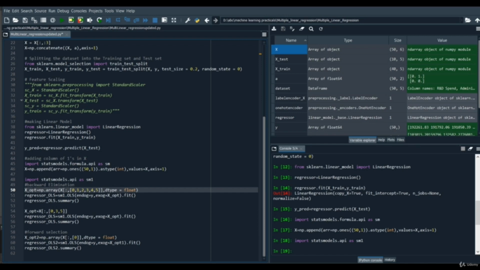Now in backward elimination we are going to create a collection of all the independent variables first. So we created a new variable x_opt, a collection of independent variables, and we are going to use np.array and pass first x with a colon, that means all the rows of independent variable x, and then after that we are going to pass a list of all the columns, or all the independent variables that we are going to use.